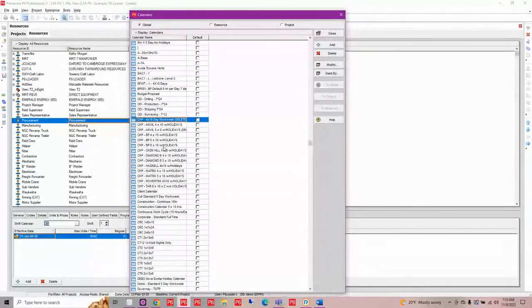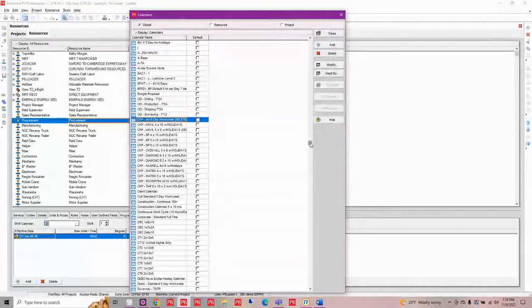Because they were at the global level when I imported, they came into my global calendars, which you don't necessarily want. These are usually reserved for the ones that you're going to use all the time, such as your standard 5 day,